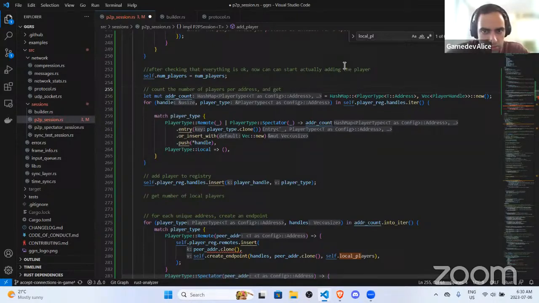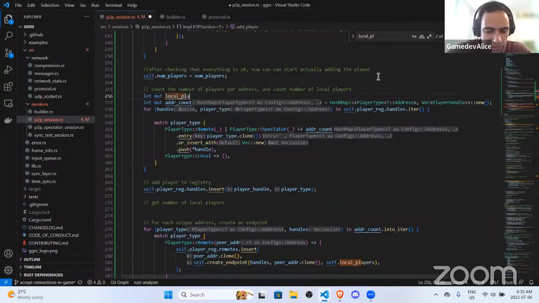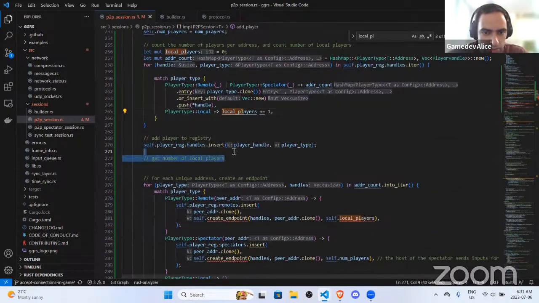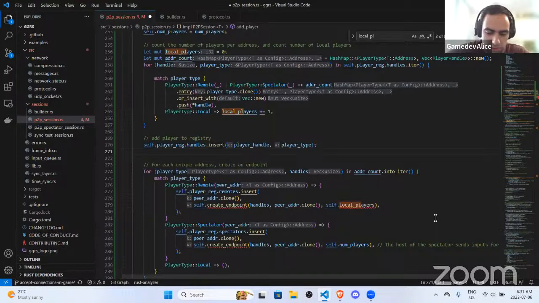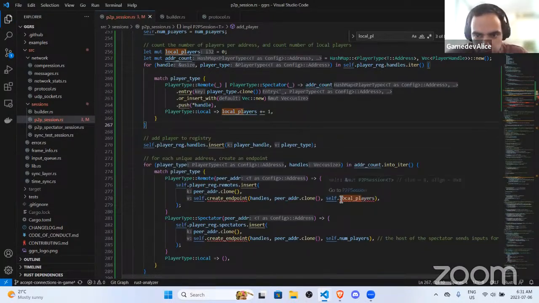Yeah, count number of local players. Let mutable local players equal, start off at 0. And then here, we just need to do local players plus equals 1. I think that's okay. Well, we don't need this section anymore. Okay, now that we have local players,